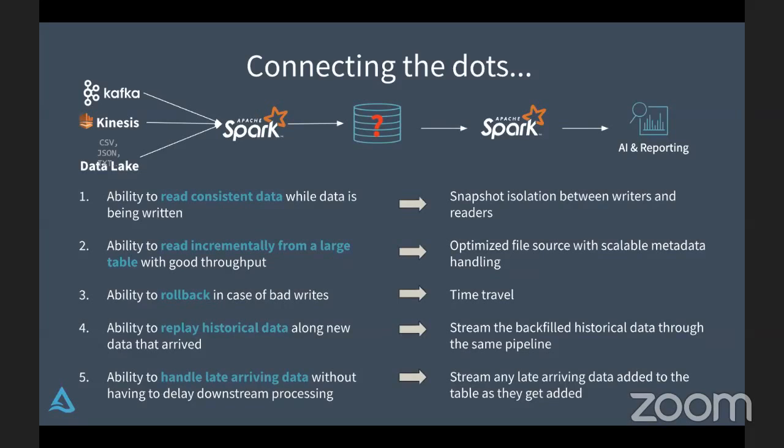All right, and then also just as important, I want to be able to stream any late arriving data and add it to the table as it gets added, right? This is basically the concept of, okay, I have data that's coming in. When the data is coming in, I want to be able to make updates to the data, or I want to be able to do deletes to that data. Well, guess what? With Delta Lake, I'm able to do that now because I have ACID transactions protecting this data the entire time. Because I'm able to protect the data without any problem, then sure enough, I'm able to